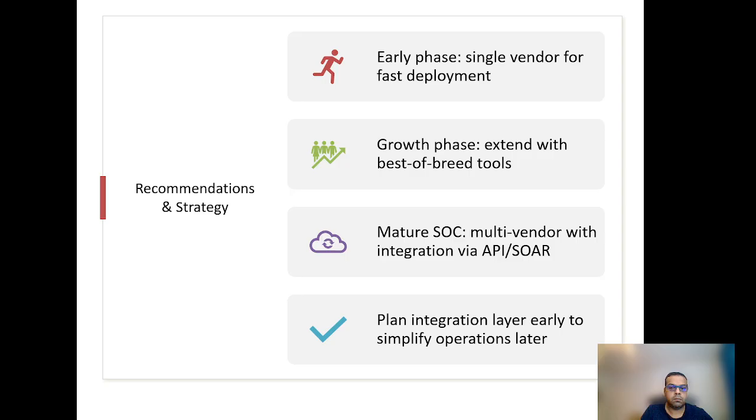And for mature environments with advanced use cases, multi-vendor with a fully integrated zero trust architecture with various API integrations with SIEM or SOAR platforms. So always plan for an integration layer early, even if you start with a single vendor, because it will save you headaches later on. So these are some of the recommendations for all the different phases when it comes to zero trust implementation.